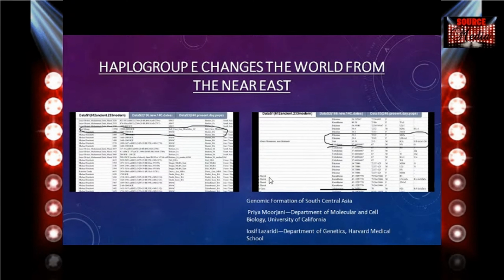But I think I'm gonna close off this presentation right here tonight, Jashub, and then pick up on the other one probably in a week or so. Pick up on the rest of it and close it out, dealing with South Asia and the Indus Valley, because I think I want to add to it and make it a lot bigger than what it is. A lot of studies been showing that the Indus Valley civilization gave rise to Ur, which is said to be where Abraham is from. And when we know we have E rising from that area, DE branching in that area, it gives a lot of credence to what we're saying about the E markers.